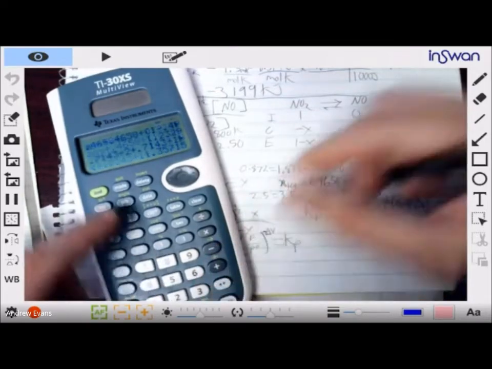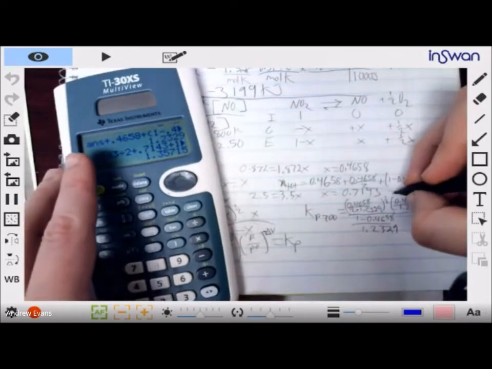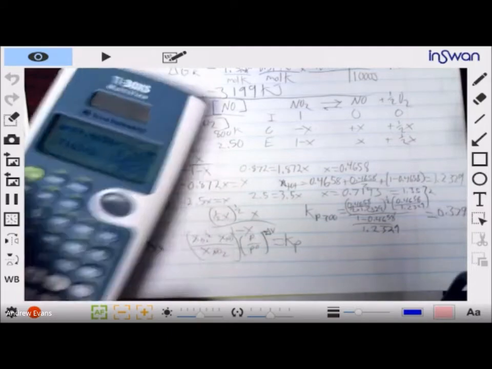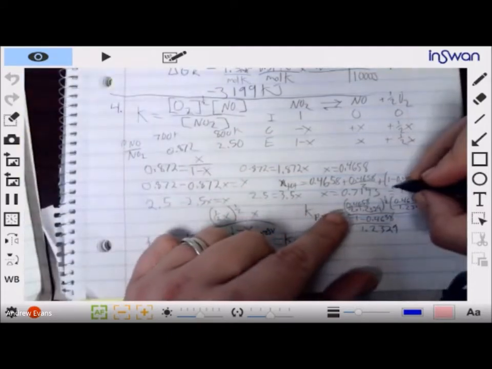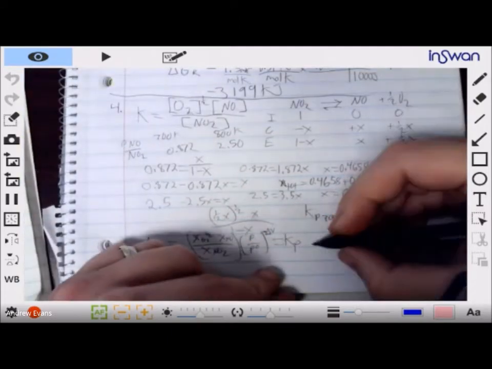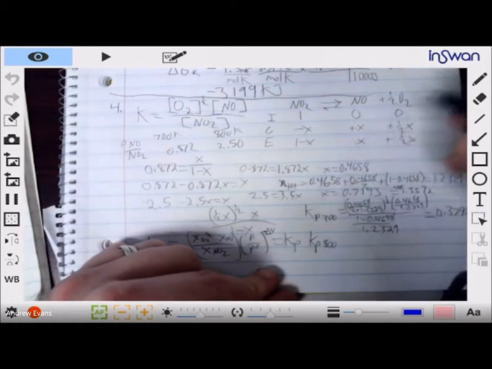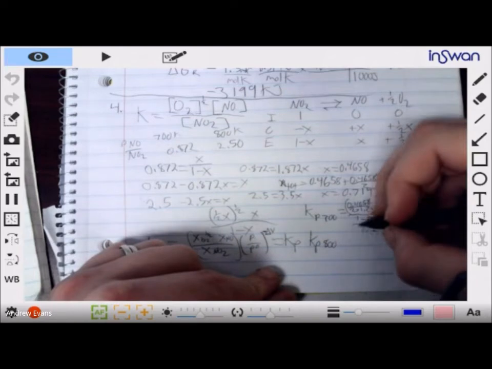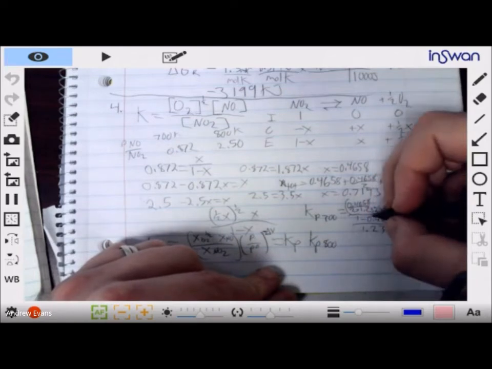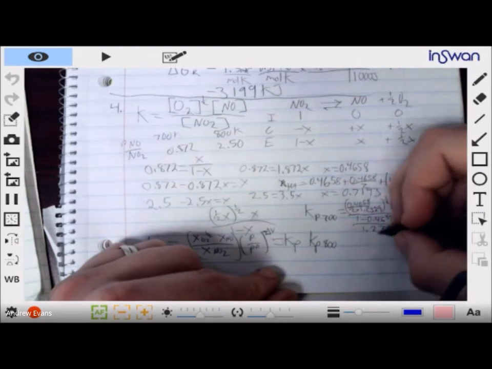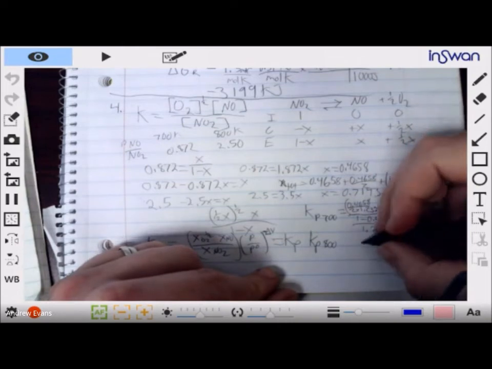Our total moles are 1.3572, so N total. So our Kp at 800 is going to be, essentially it becomes, let's see,